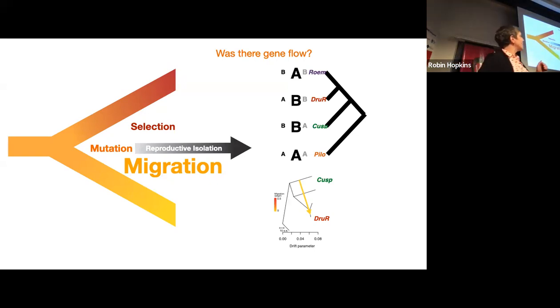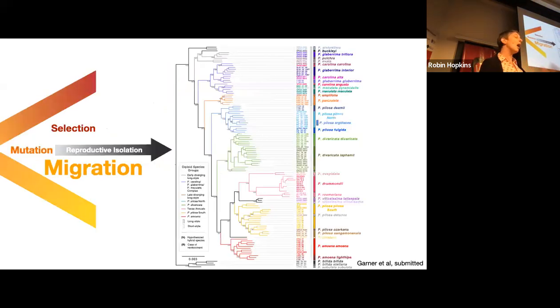But what Austin decided to do with this information is to step back and think about this analysis in the context of the Phlox phylogeny. Don't read this. This is a rainbow, okay? That's all you need to know. These are all the different colors of different Phlox species that are in this eastern clade of tall Phlox. So he resolved the phylogeny of this Phlox clade.